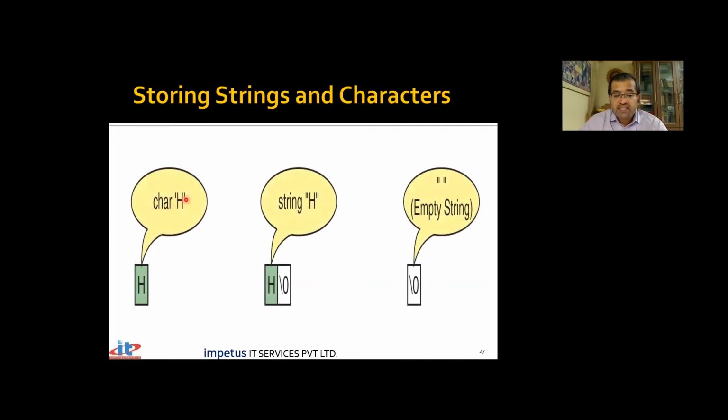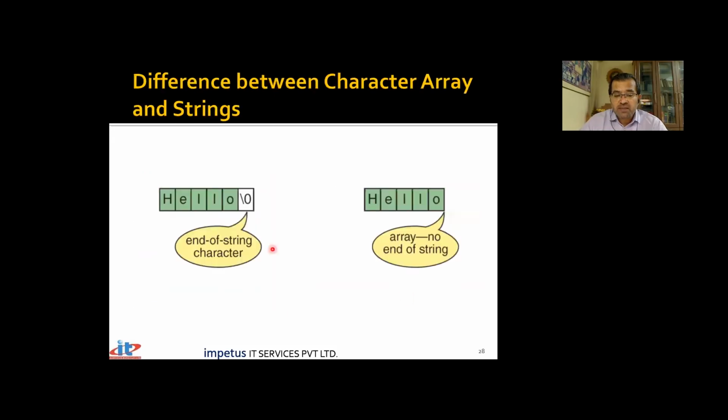If I say char in single quotes, only a single byte of memory is allocated. But if I put H in double quotes, note there is a double quote over here and a double quote over here, what will happen is H and then backslash 0. The difference is character constants appear in single quotes, string constants appear in double quotes. So if I take a character constant, it is a single byte of memory. If I take a string constant, something that appears in double quotes, backslash 0 automatically gets added. Even if I create an empty string, just double quotes, backslash 0 will still get stored. So a string will have at least 1 byte of memory. Even an empty string will have backslash 0 stored inside it.